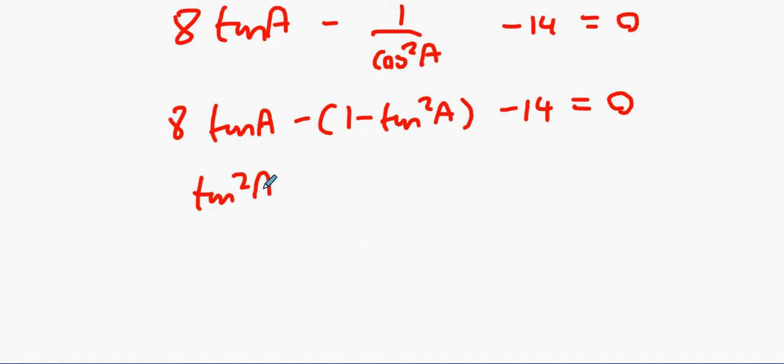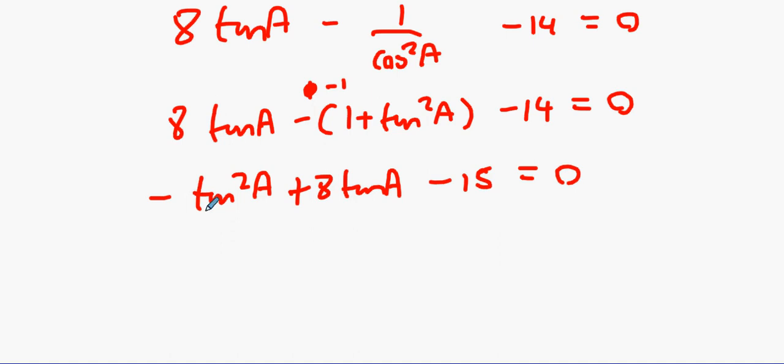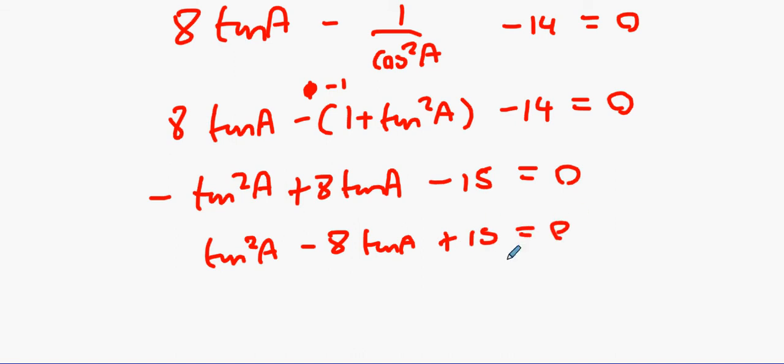Alpha plus 8 tan alpha minus 15. Minus 1. Anybody get that? Oh, it's 1 plus tan squared A. Yeah, that makes sense. Because then when you multiply across, they become nice numbers. Yeah, that's a lot nicer. So tan alpha equals